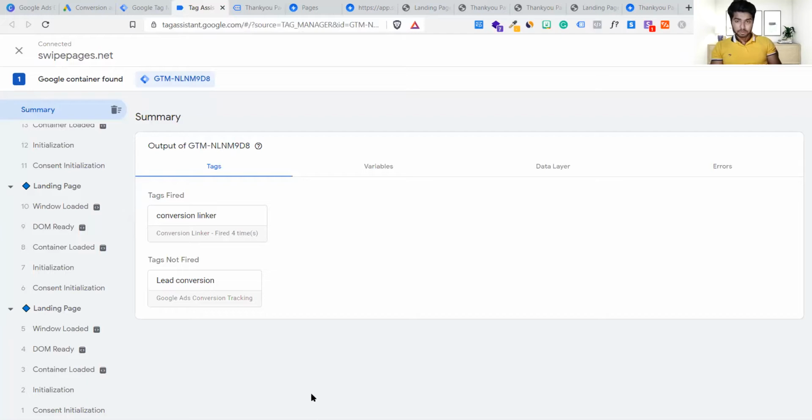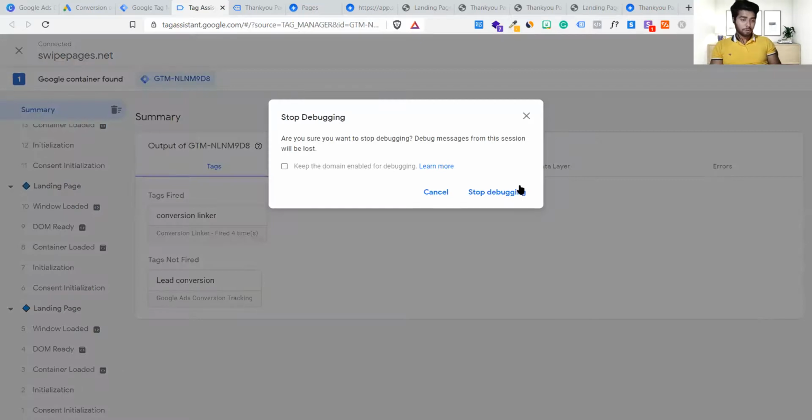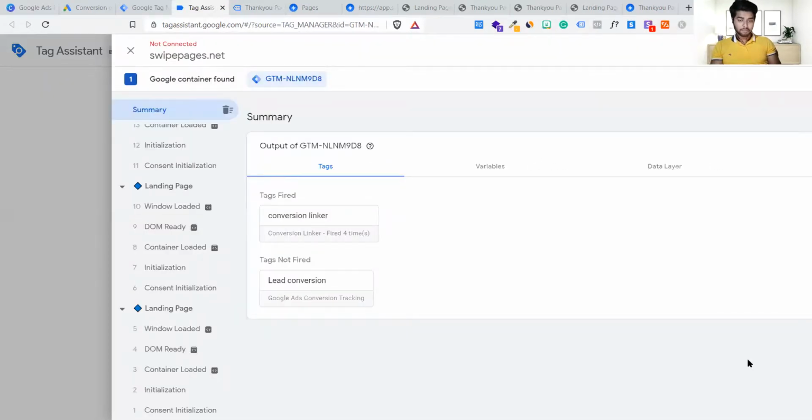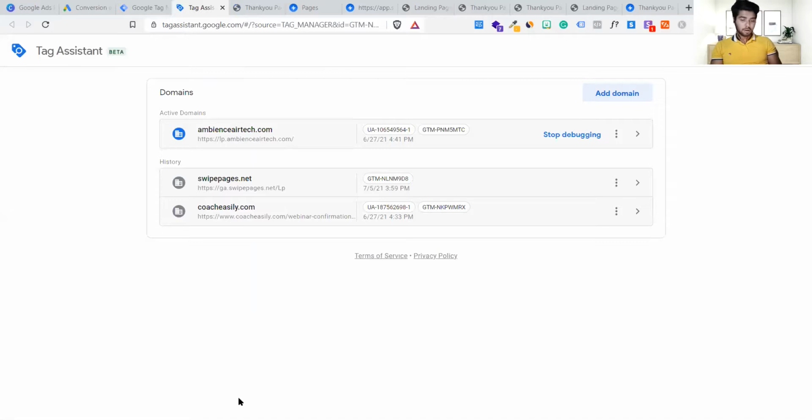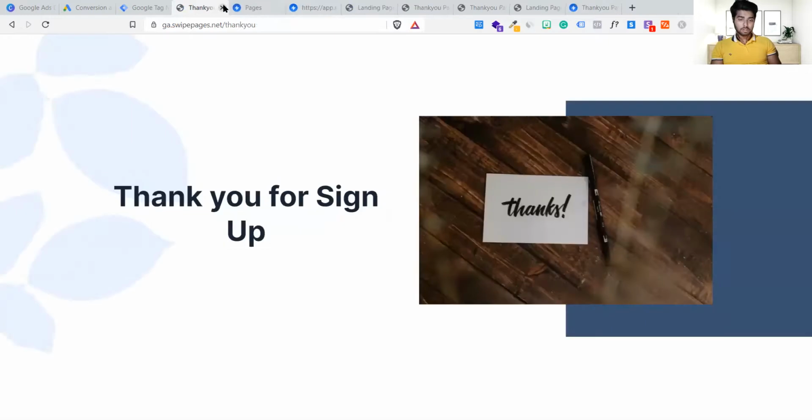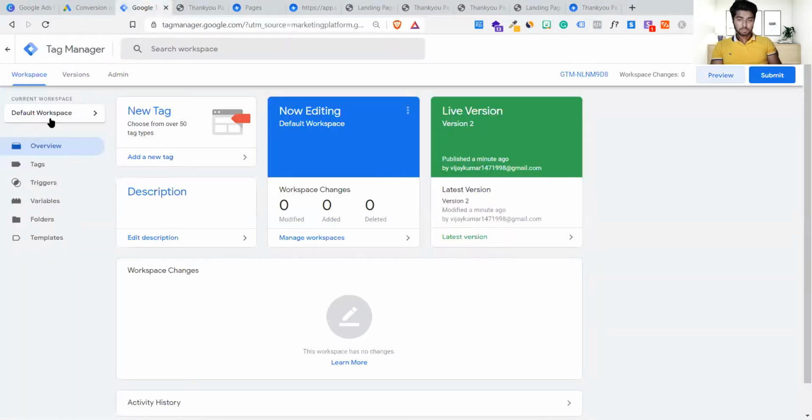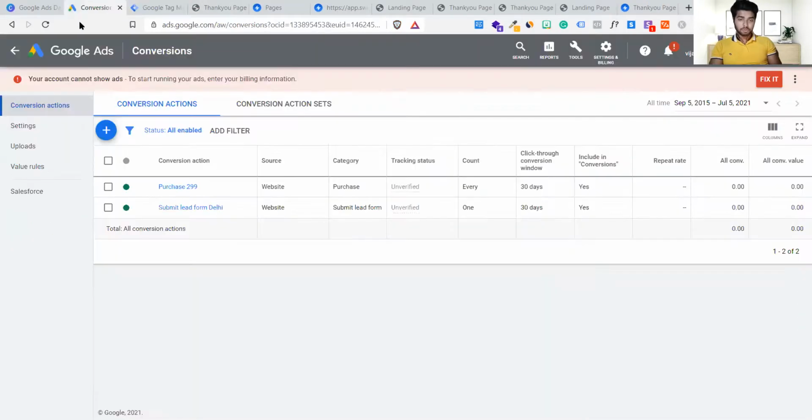Okay, what is the common reason? Let's do some debugging right now in front of you. Okay, stop debugging, come back. Close this, you have to close this assistant. Go to this here, and let me just give you another view. Can you see the Google Ads, guys, right now? Wait. Not this window, this one.